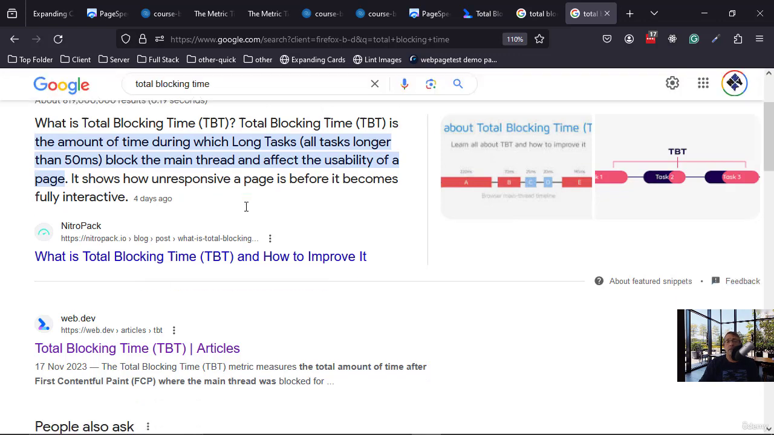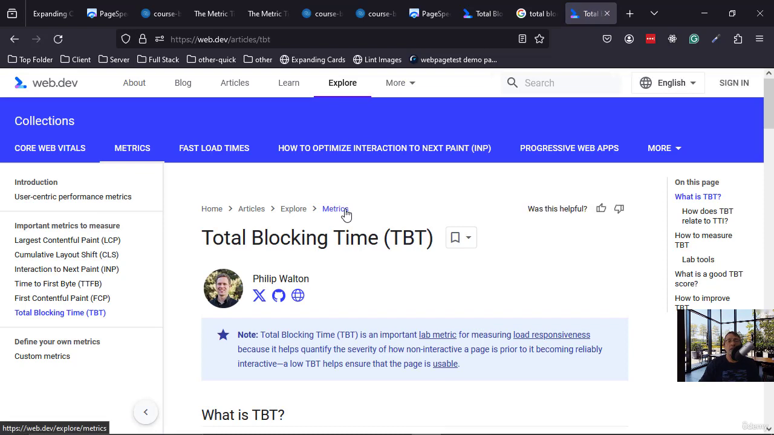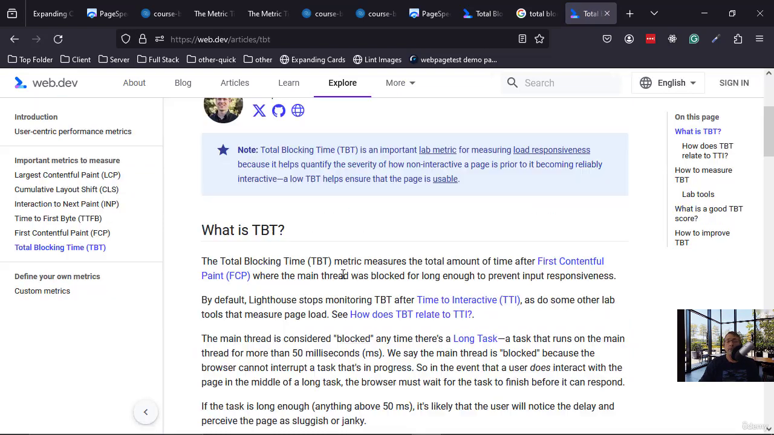the main thread. This is one definition, and this is a more precise definition from Web.dev that talks about a metric that measures the total amount of time after the FCP where the main thread was blocked for long enough to prevent input responsiveness. Okay, so if you make the CPU busy for too much time, you will notice this in the TBT. Okay, and if we look here,